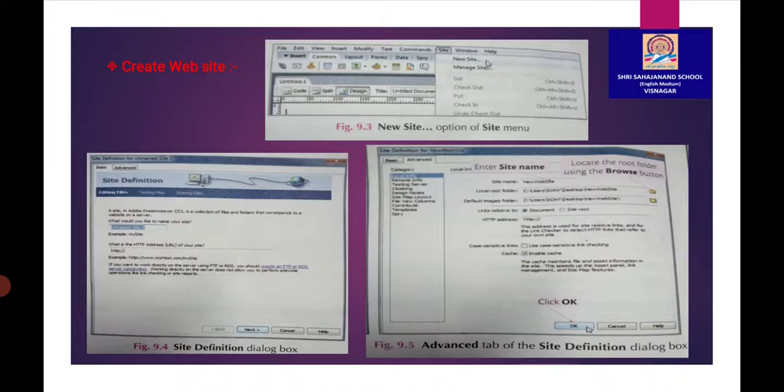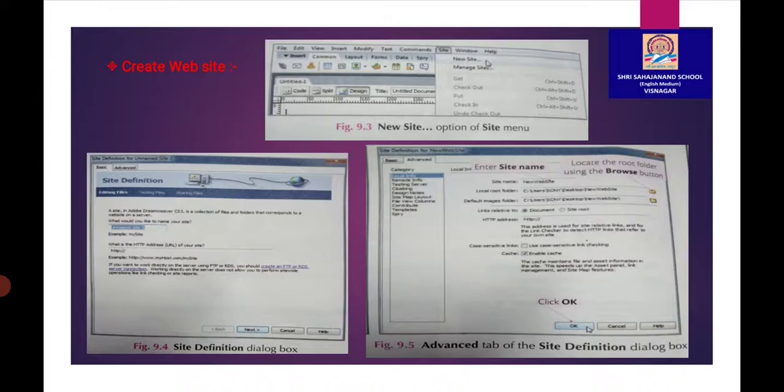It has two tabs. See in the top corner, it has two tabs, Basic and Advanced. The Basic tab is selected by default. Here you enter information for your website in a series of screens that appear as you keep clicking the Next button. Alternatively, you can click the Advanced tab.